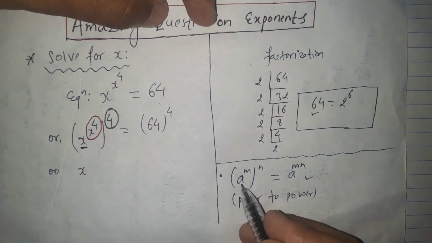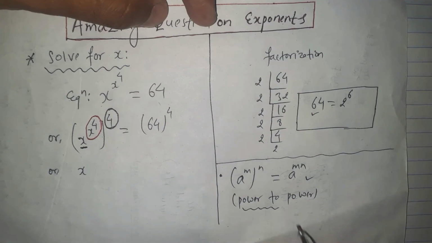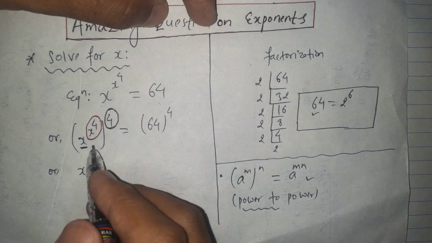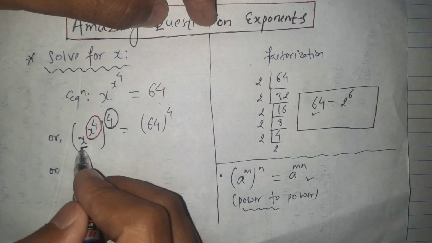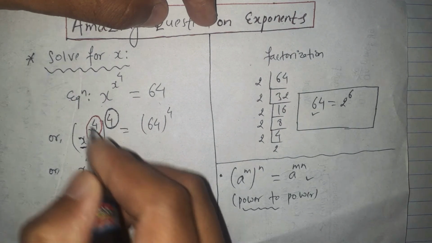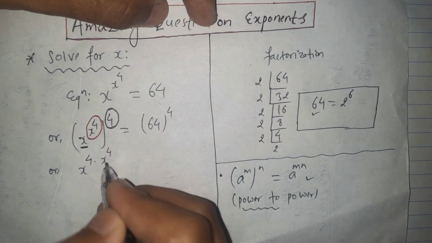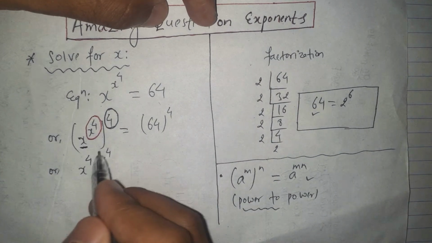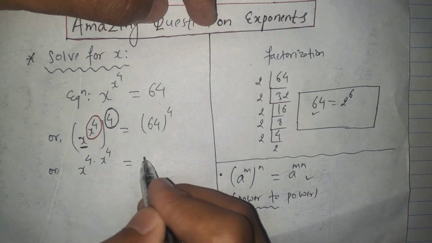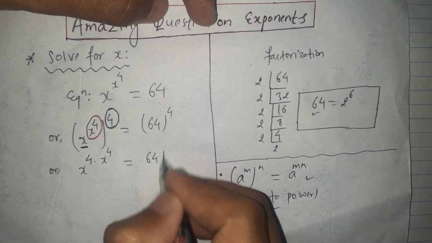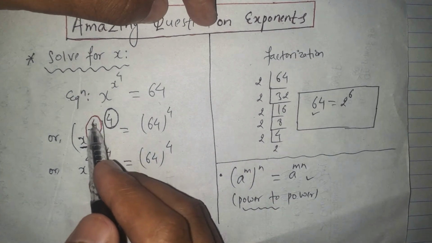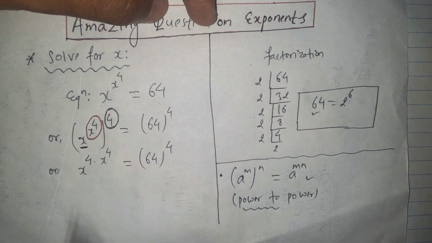So we can apply the power to power property of the exponents. The powers will be multiplied. So the total combined power of this variable x will be, the one power is 4 times the other power, x raised to the power 4. We can multiply both the powers together by this formula, and this equals 64 raised to the power of 4. Here we just used the concept of the power to power law on the exponents.